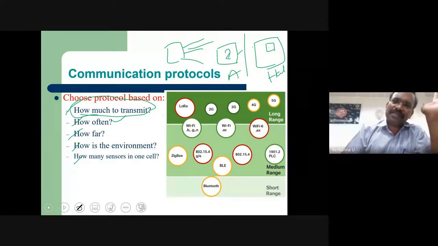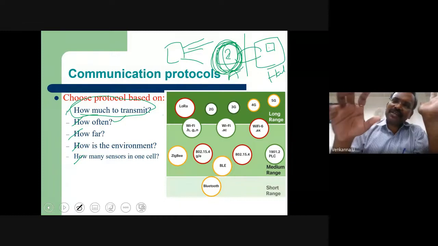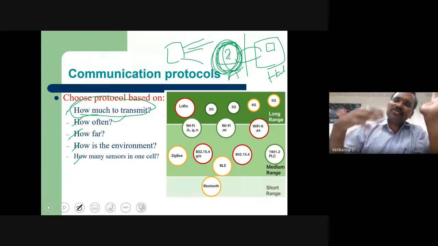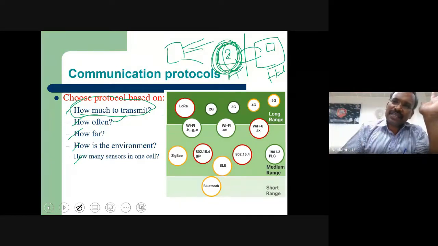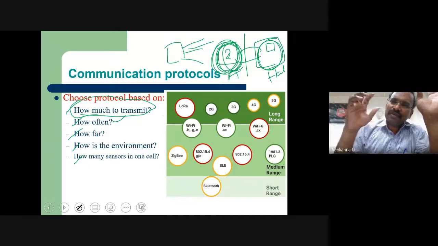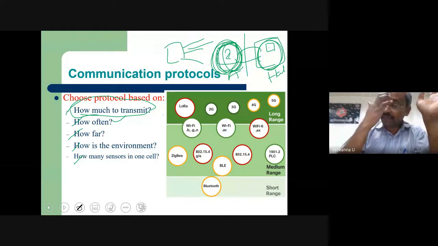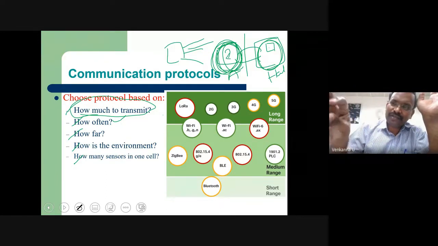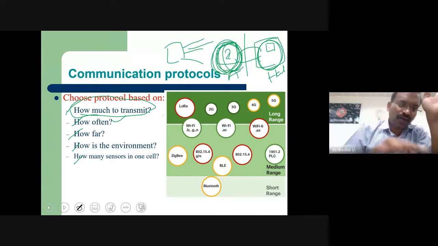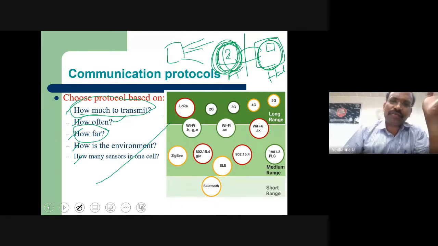So the basic difference is that in the agriculture sector, data collection is not so often, but in healthcare, the data collection is very frequent. When you are generating data frequently, you have to find out which communication protocol is suitable for you. That's why how often.